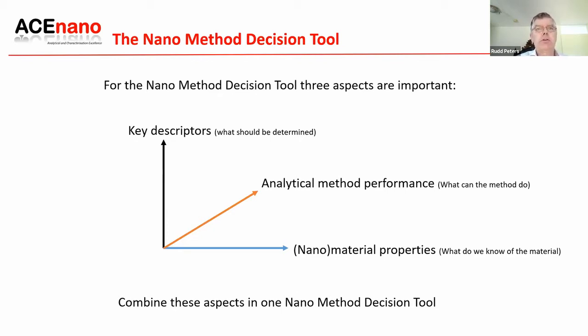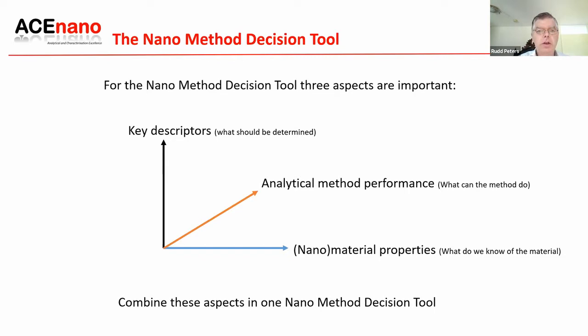And then thirdly, there are of course the analytical methods themselves, the performance, what can the method do, and therefore the performance characteristics of each analytical technique that was selected to determine a key descriptor is evaluated by the Acenano experts against the properties of the material that has to be analyzed. And from the evaluation of each key descriptor, a matrix was prepared where the performance characteristics of the analytical technique